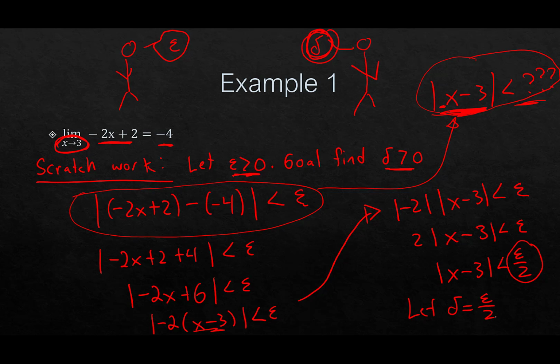Okay. So this was our scratch work. Remember, for an epsilon delta proof, you're given an epsilon and you want to find a delta. So we just did the scratch work to actually find what delta we want. We didn't prove it. We didn't prove the limit is negative 4 in this case, but we have our delta though. So now let's actually prove it. Now again, our proof is going to be very similar to our scratch work, except everything's going to be flipped. But this is how we write it up in mathematics. So our proof.